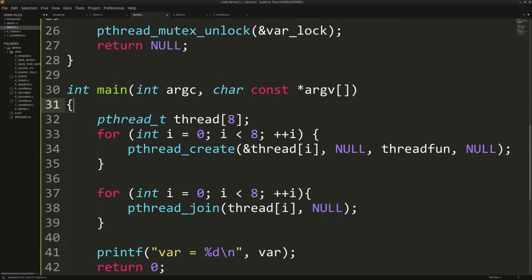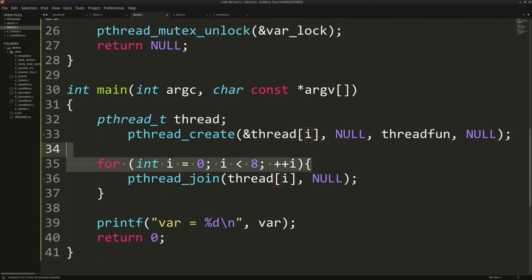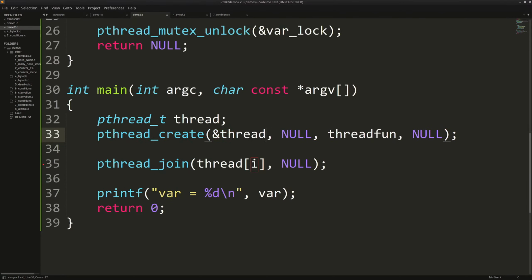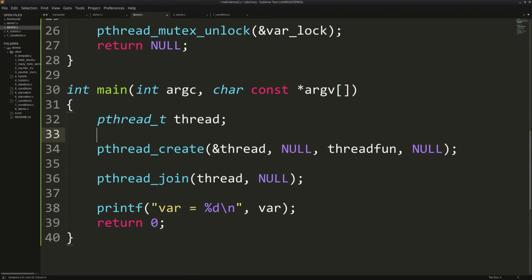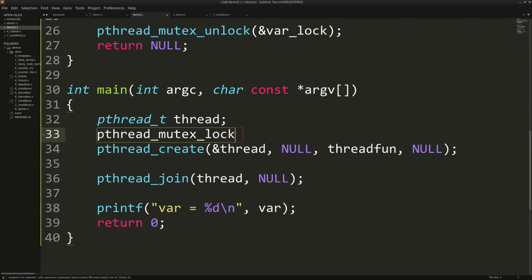And what we're going to do here is we're going to go back to one thread, back to one thread, and what we're going to do is we're going to lock the lock before the thread has a chance to lock.